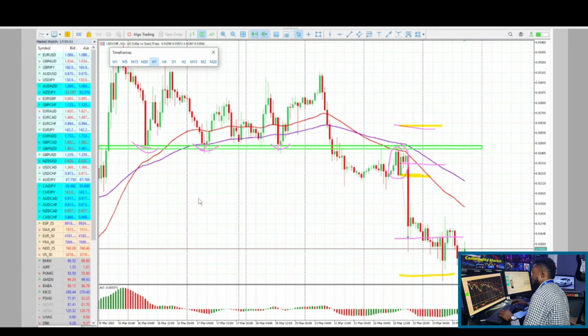Sometimes the worst side is that you wait for a little discount. Let's say the market formed a bearish engulfing pattern. You want to wait for a little discount for the market to come here before you enter. The market will just come all the way and then leave you behind. But still, it's good. It's better than getting a losing trade, because if you enter at the wrong place,